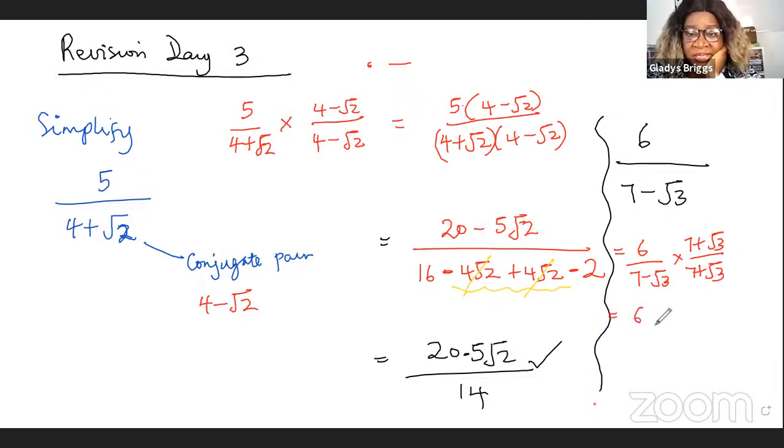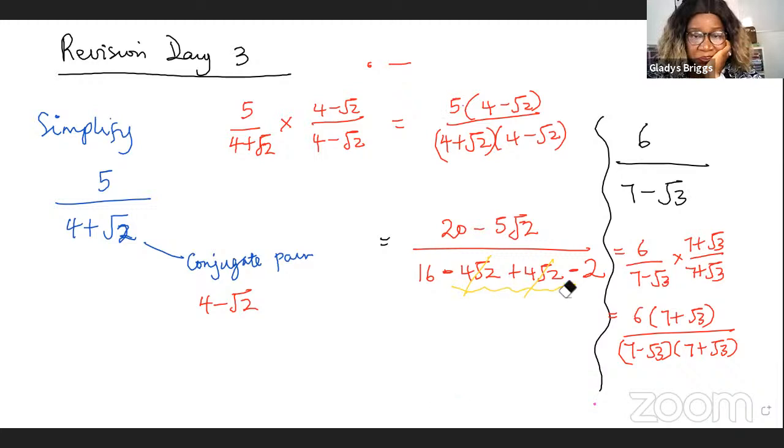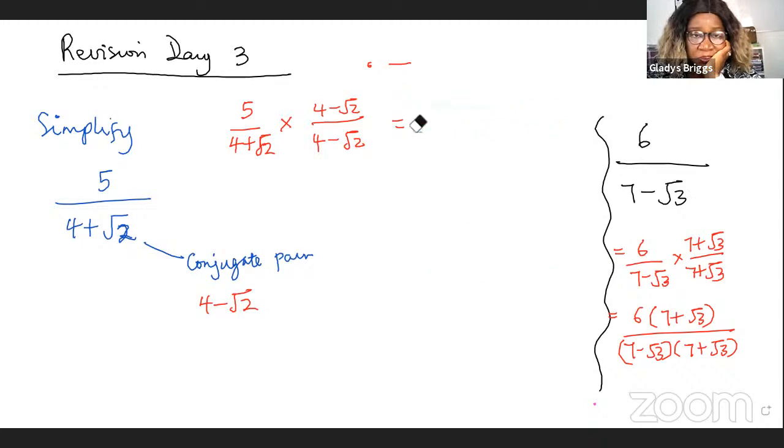And this would be 6 times 7 plus root 3 over 7 minus root 3 times 7 plus root 3. And this is going to give you 6 times 7 is 42 plus